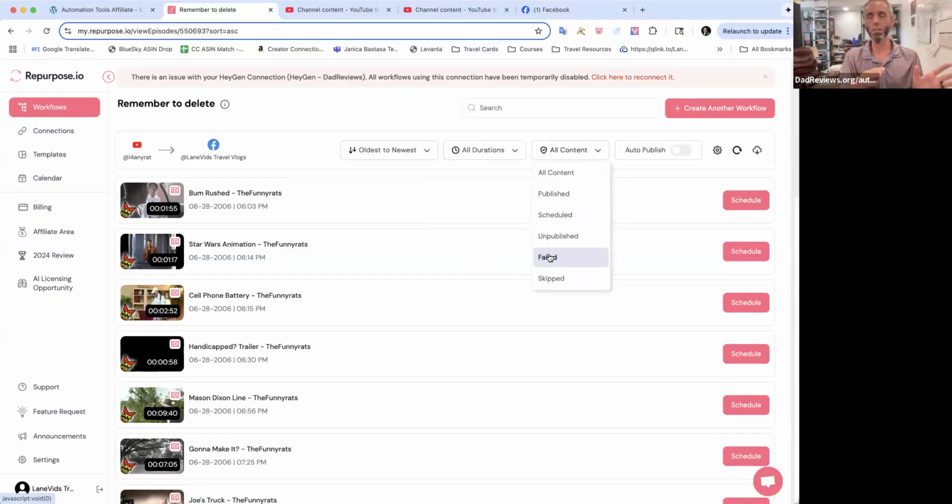You'll get an email saying, oh, there was a problem, but then it gets resolved because you'll see it go out. Or I think there's a box you can check so that whenever it does go out successfully, it lets you know. But I wanted to point that out because they are there if you do need to go back and check it. And if it's failed, you can usually click a schedule button and have it more manually done. So if there's a brand deal that for whatever reason didn't go out and maybe they contact you or you notice it, you can jump in here real quick and click those schedule buttons right there. So now clicking on the gear icon right here,